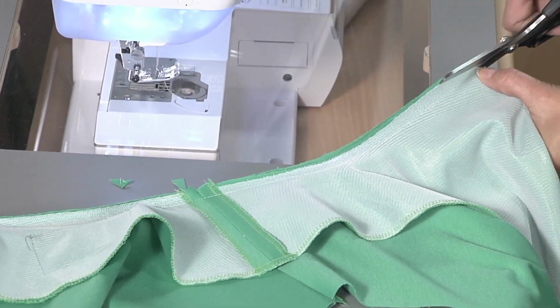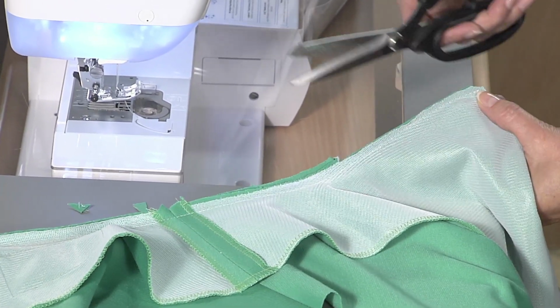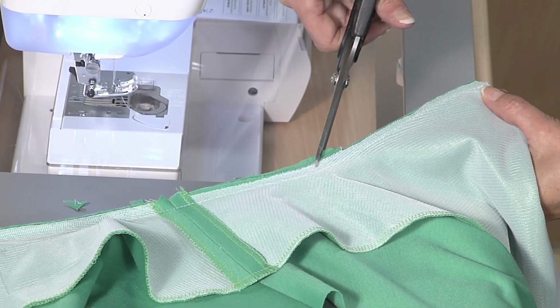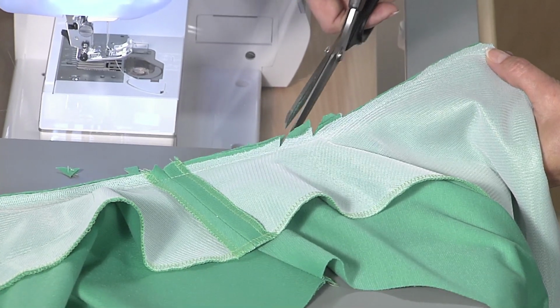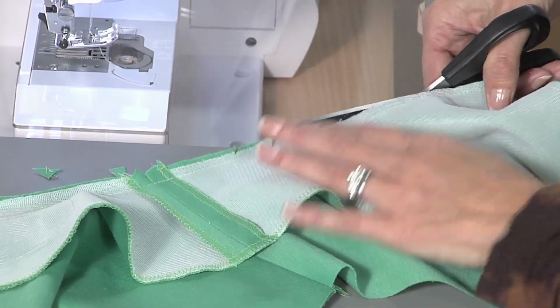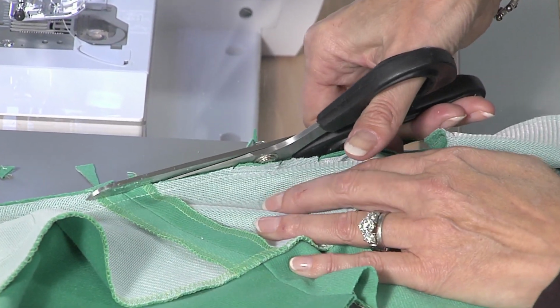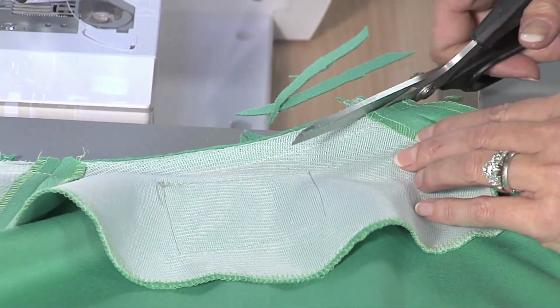And again, if you trim this close enough, like 1/4 of an inch, you don't need to add little snips. You might have seen where you can snip like this for your collar. You can still do that if you have really thick fabric, but what I usually do is just trim really close. You're going to do that all the way around that whole front edge. I'm just going to do a little bit more though because I want to show you some tips for pressing and top